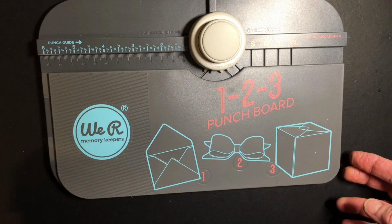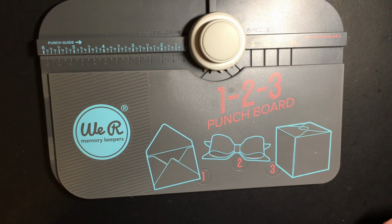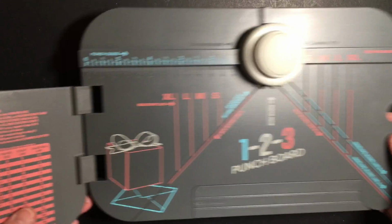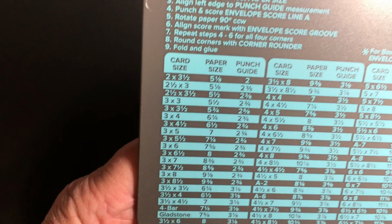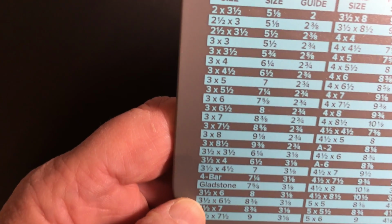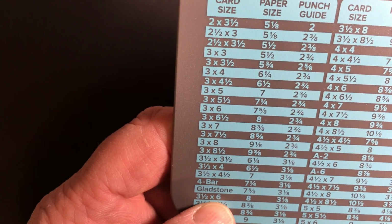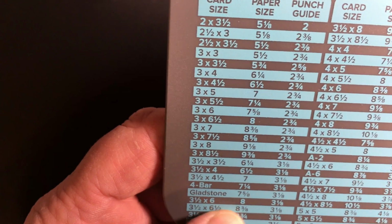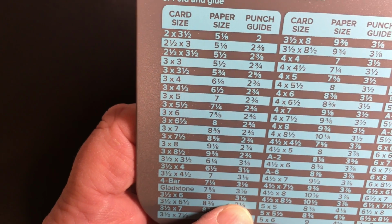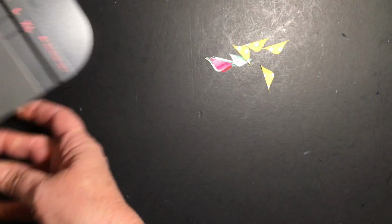In order to make an envelope for our card, which is 3.5 by 5, we'll go in here and look. We don't have a 3.5 by 5. The closest we have is a 3.5 by 6. So according to this, we need our paper to be an 8-inch square, and we need to score it at 3 1/8. So I'm going to get out my Cricut paper trimmer,